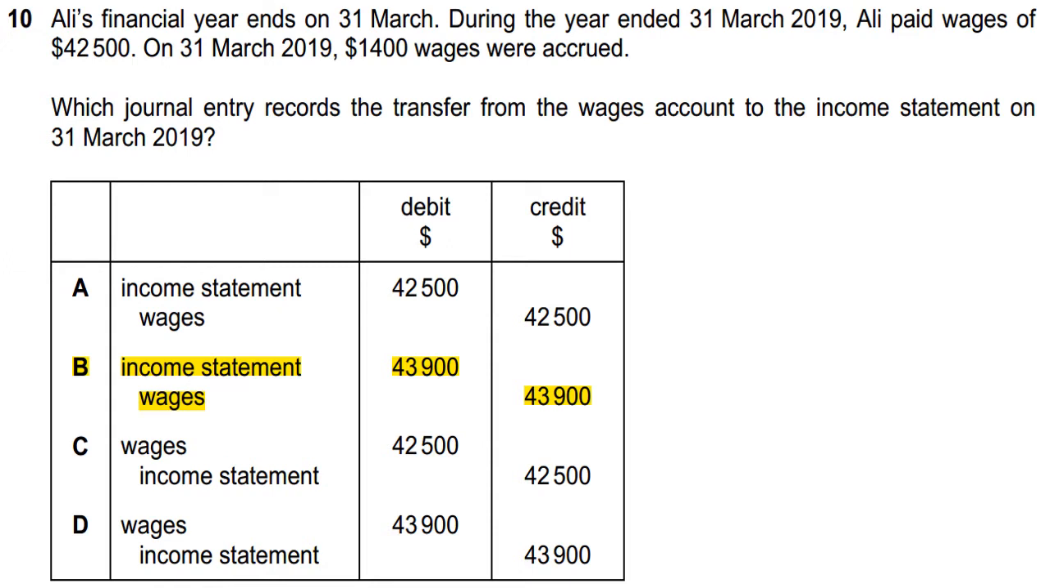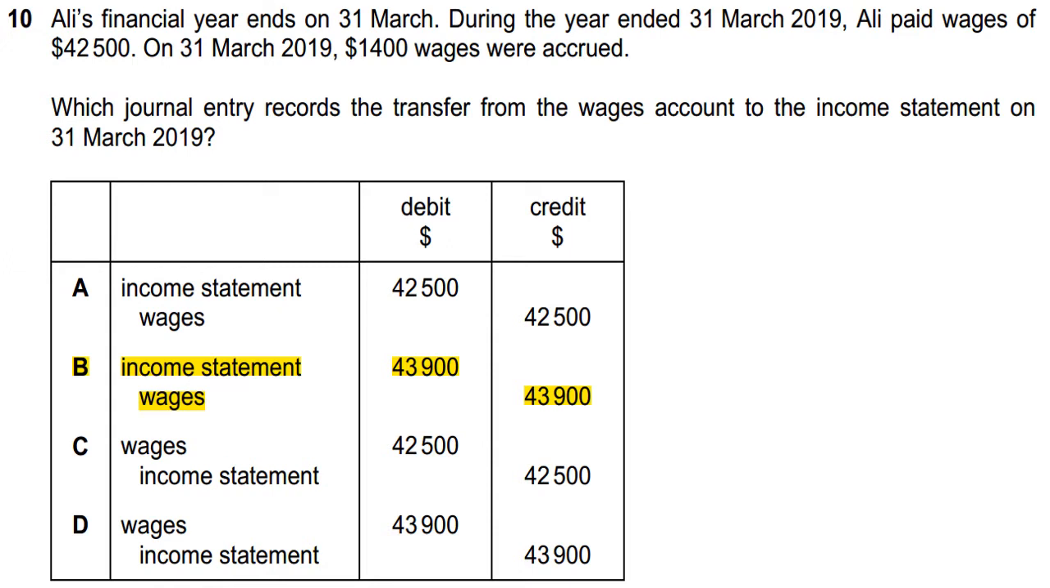Income statement debit $43,900, to wages $43,900, because the $1,400 accrued wages will be added to the paid wages: $42,500 plus $1,400 will be $43,900, because accrued wages